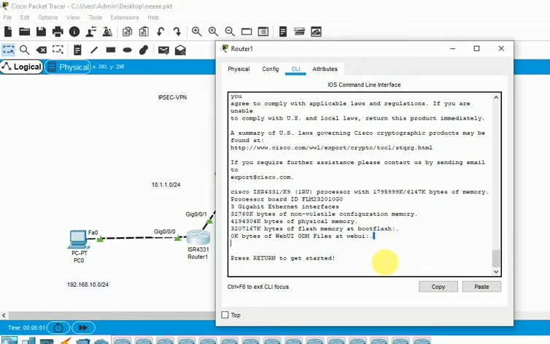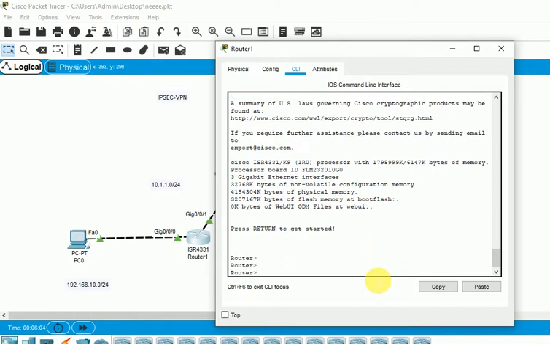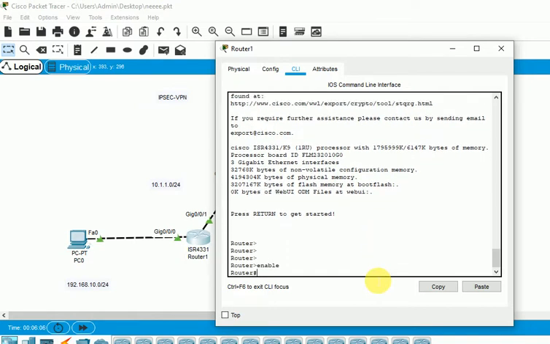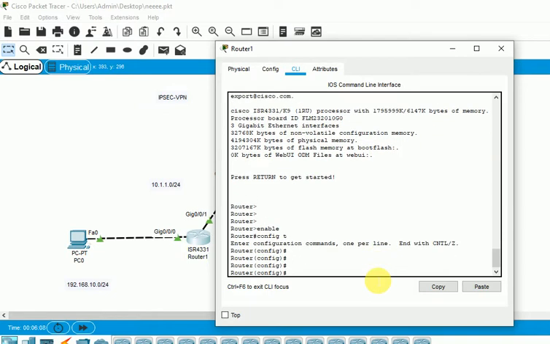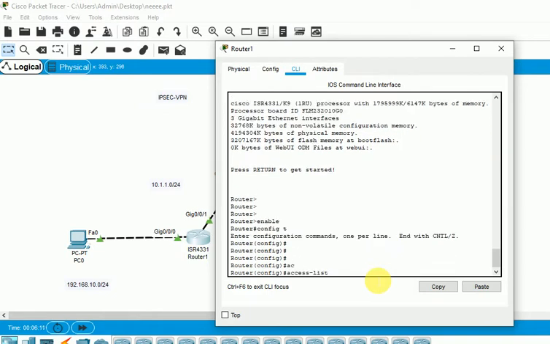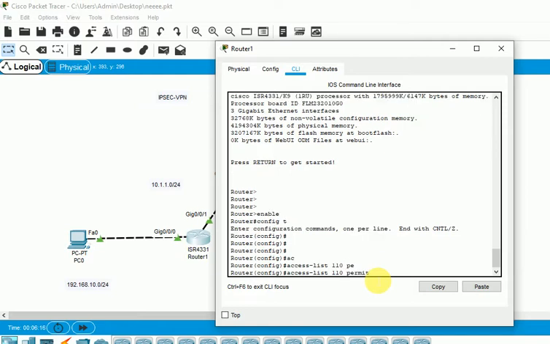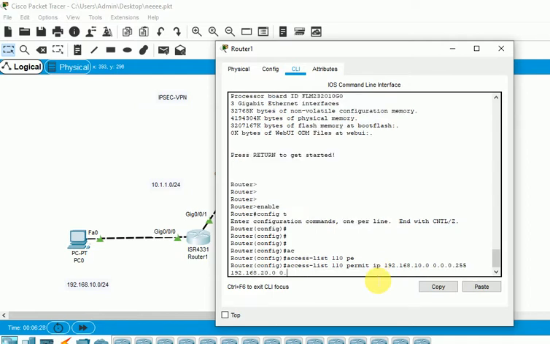The first thing we have to configure is the access list. I am using an extended access list, permit, my source is, my destination is, and here we are using the subnet wildcard mask, as in every access list configuration.